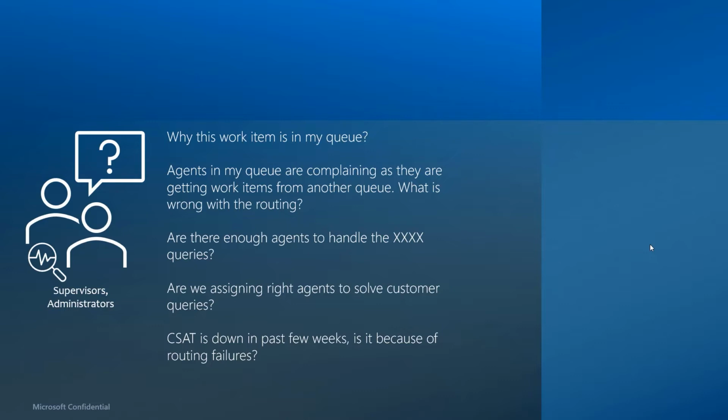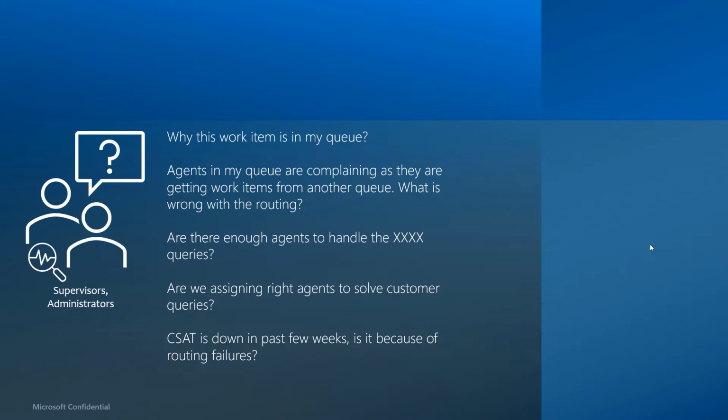Just to take the example of Microsoft, let's say there are different divisions like Xbox and Office, and there are dedicated agents working on solving Xbox queries. They get a query related to, let's say, Azure or Windows or Office. They would be clueless to solve these kinds of issues, and the natural progression for them is to raise this as an issue to the supervisor. The supervisor will in turn have a conversation with the administrator. Now, since there is a gap between supervisors and business administrators, in that one comes from a system standpoint and the other comes from a business standpoint, supervisors also deal with